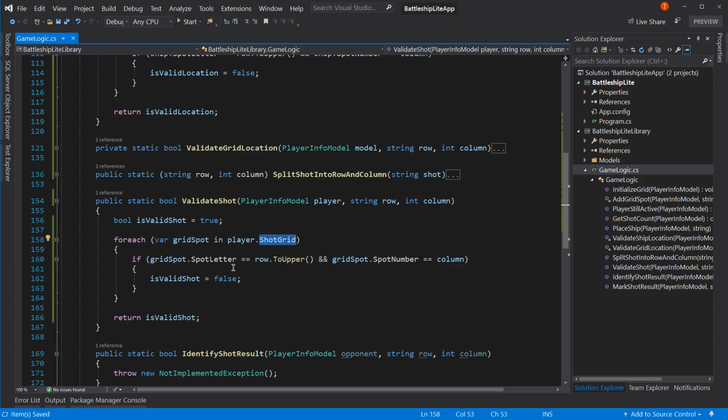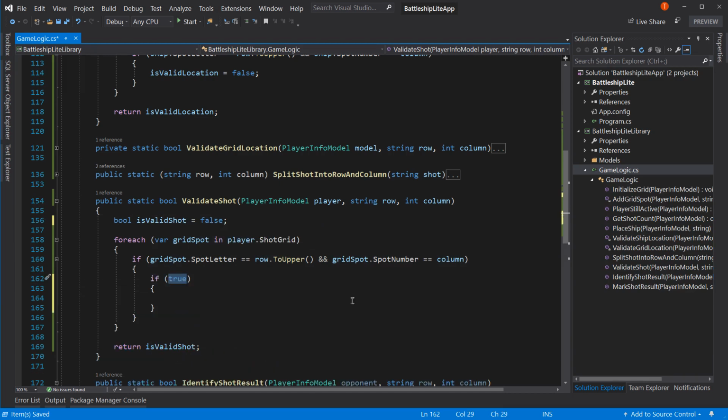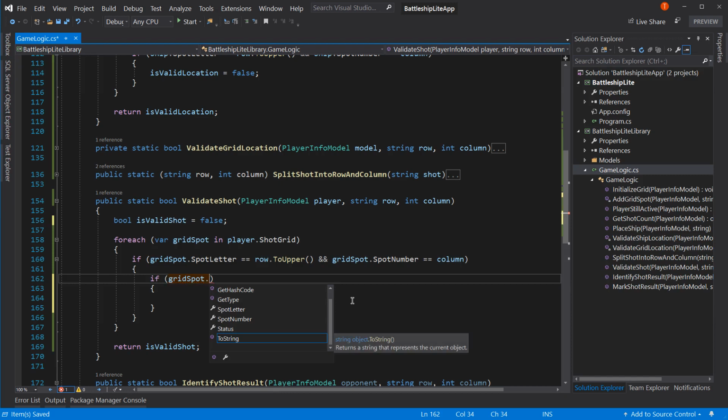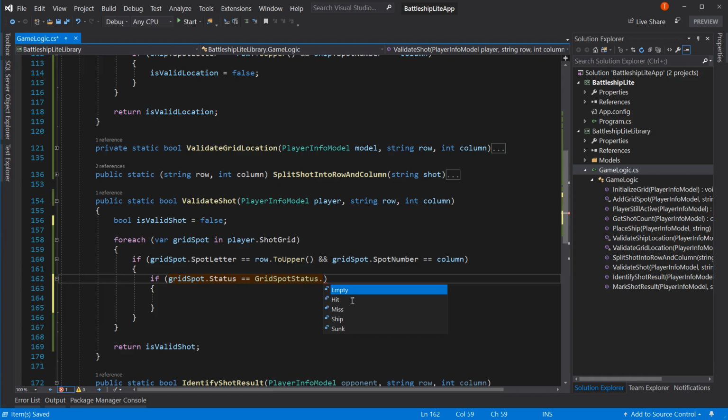But instead of just saying it's valid then, when you find that match, and this should be false, we're going to say if grid spot dot status equals empty, then it's a valid shot, because we haven't actually